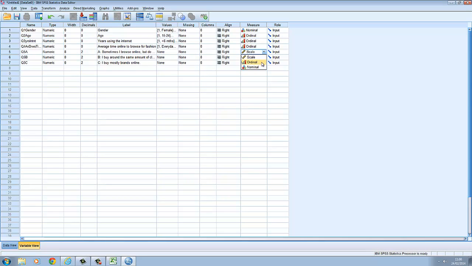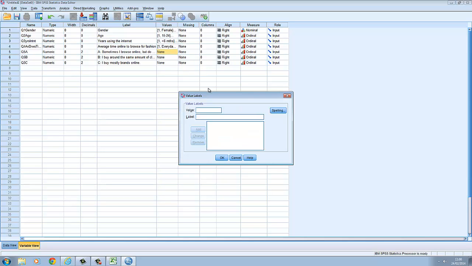Now all of this is ordinal data because it's from the Likert scale, or however you want to pronounce it, and this time we're going to add values in. So we're going to rank each of these. So the first value is going to be 1, and that's going to accord with a strongly agree. Can add that, and then we've got 2, which is agree,